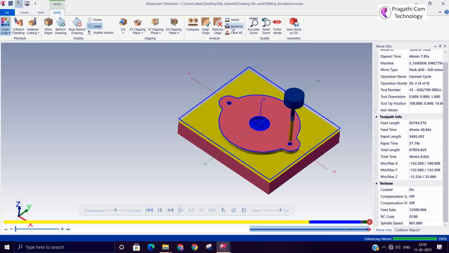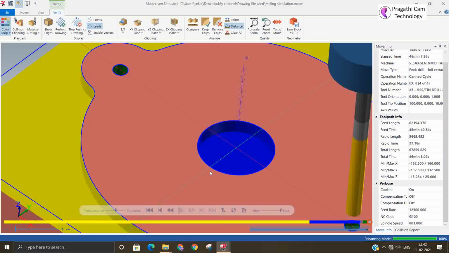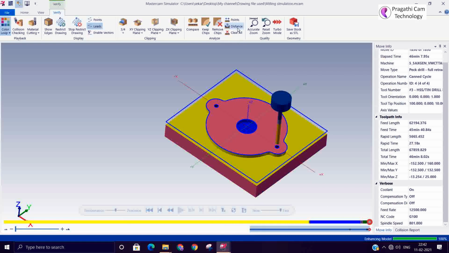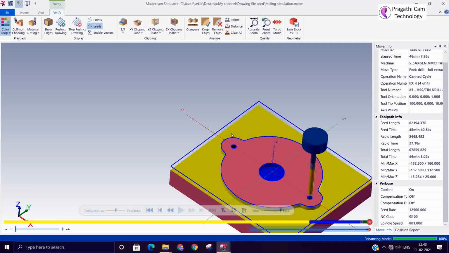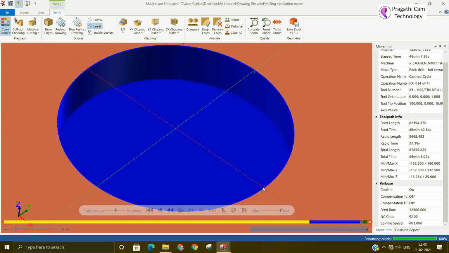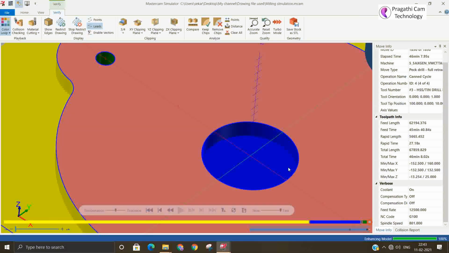If you say clear all, everything will go. Suppose you want to understand the whole distance, click it. Now I am unable to pick those points, you can see. So the difficulty here is in the stock file, it's very difficult to pick the points.